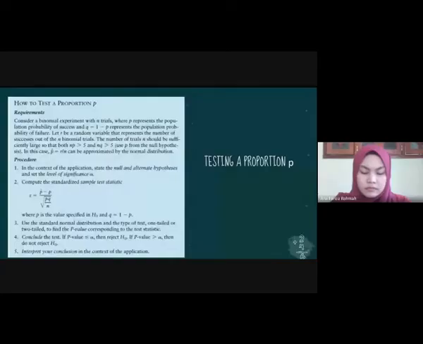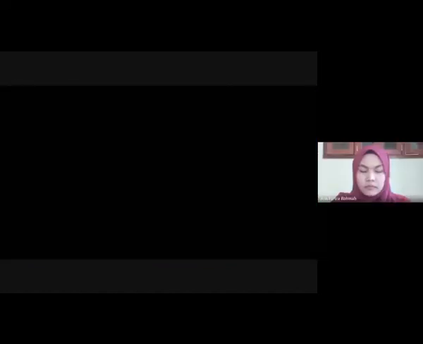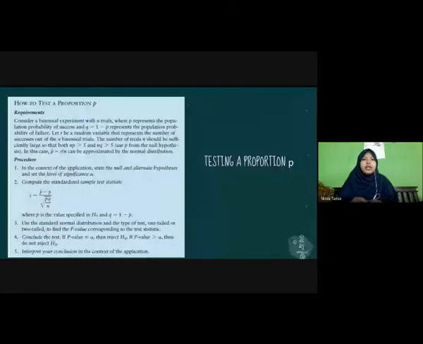Second, compute the standard sample test statistic. The formula is z equals P hat minus P over the square root of PQ over n,